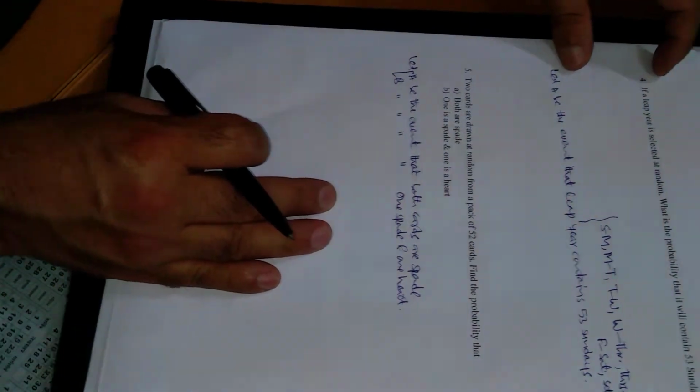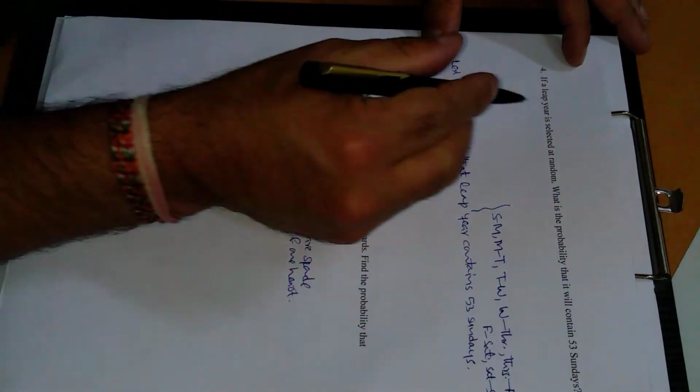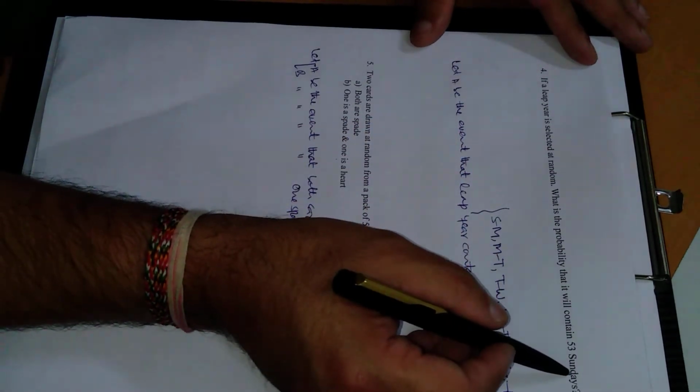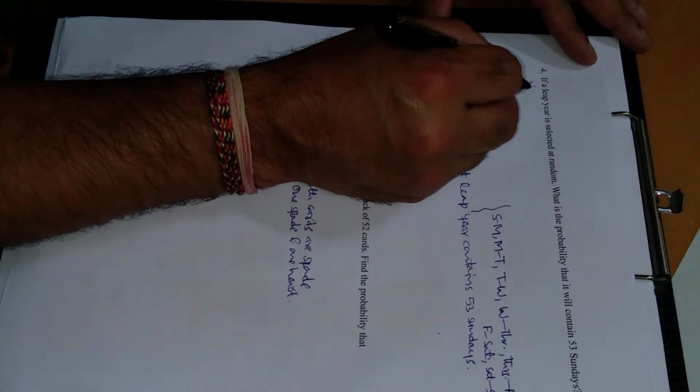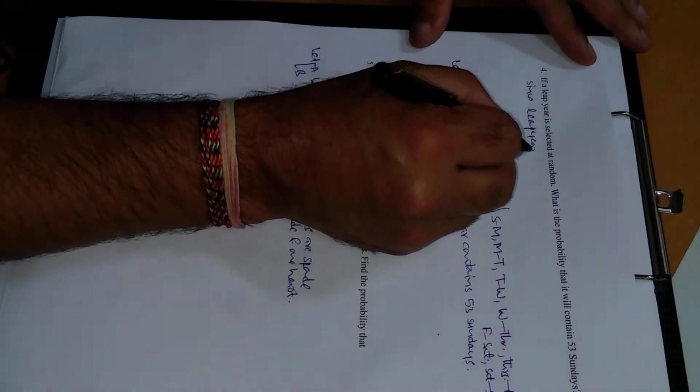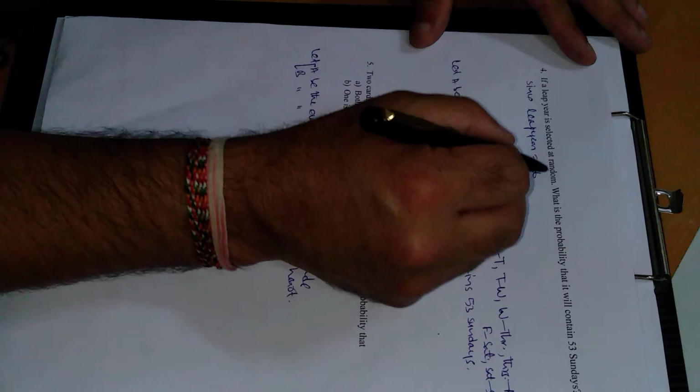Now come to the next question. A leap year is selected at random. What is the probability that it will contain 53 Sundays? Since a leap year means 366 days,